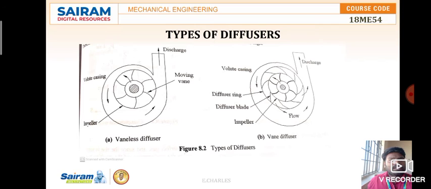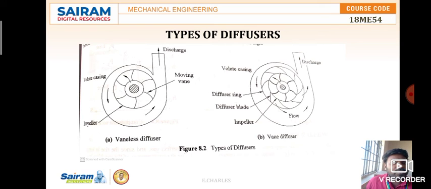This is the principal view of centrifugal compressors, and we have seen the types of diffusers: the vaneless diffuser and the vane diffuser. Here, if you look at it, the volute casing and impeller will be there at the center, and the moving vanes are there, and there will be backward vanes. Water enters through the eye of the impeller and comes to the moving vanes, and as the rotors rotate, because of the volute casing the pressure will be increased, and then the high pressure water will come out. So that is a vaneless diffuser.